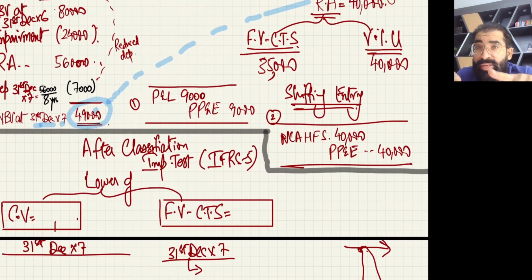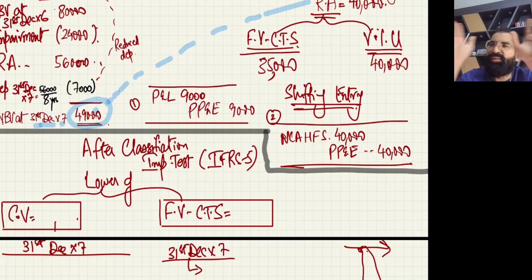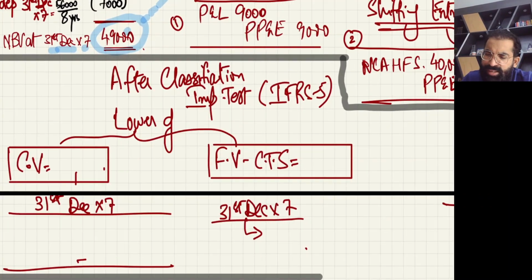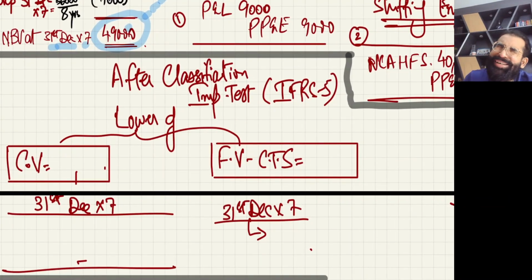Now, once you make this entry, this is a very famous entry. Once you make this shifting entry, you said bye bye to all the IAS standards, and we are in the bubble of IFRS 5. Now, what does IFRS 5 say? IFRS 5 is a very simple guy. IFRS 5 says record the asset at the lower of carrying value